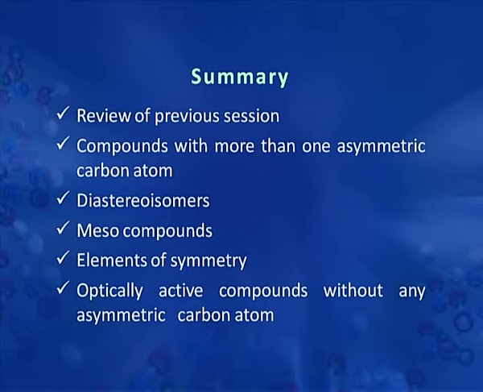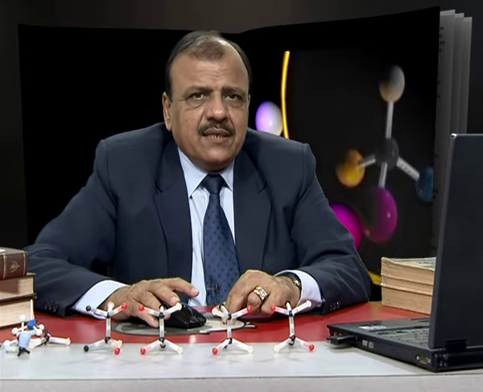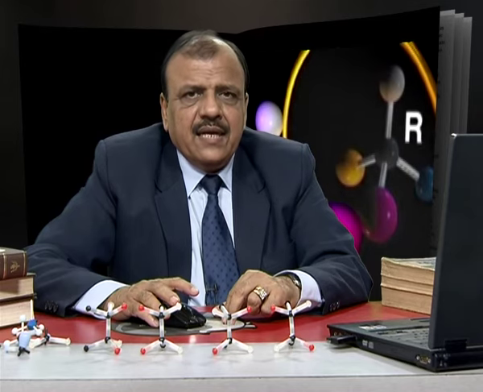And then lastly we have seen briefly the compounds which do not contain an asymmetric carbon atom, but still they are optically active. In our next session, we will talk about the nomenclature that is given to the configurations of these optical isomers, and we will also